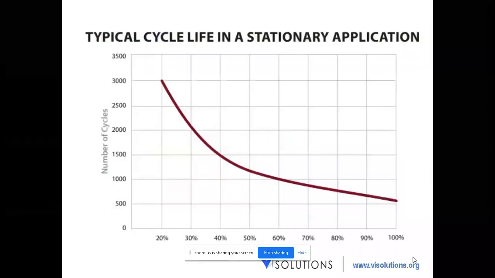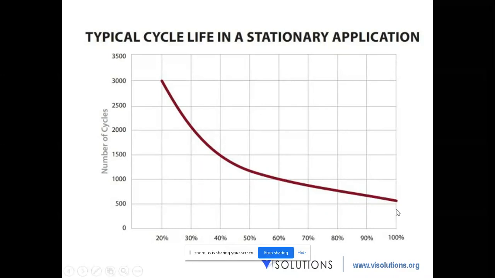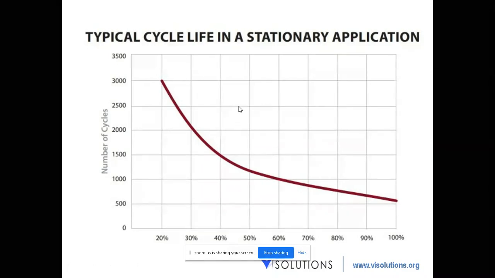Due to the number of charging and discharging cycles, the total capacity is going to slowly reduce. If you see 100%, up to 500 cycles it's going to be nearby 100%. Then slowly, as the number of cycles increases, the total state of health is going to reduce, and at 3000 cycles, it will come to 20% of the original. These will all be available in the data sheet. This is for one battery, but depending on the battery make, model, and the chemistry used inside, it's going to change.